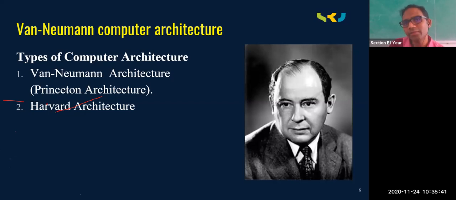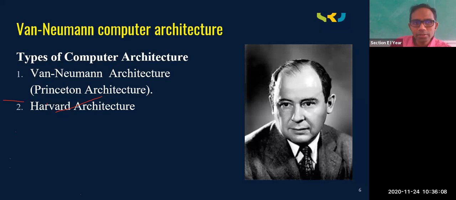Organized doesn't mean where the CPU is, where the monitor is, where the keyboard or mouse is. This is not the organization. If you consider a motherboard, inside the CPU you will be having a motherboard. If you open that, which component must be placed where is called the organization. Where must be the processor, where must be the RAM, where must be the chipsets, etc. The organization of that is called the computer architecture.